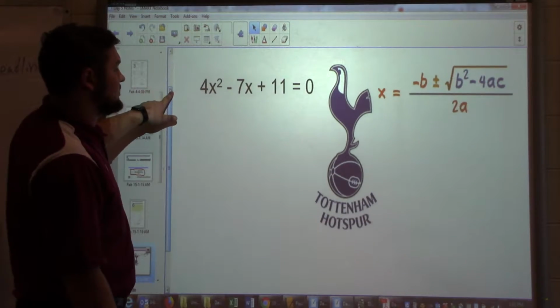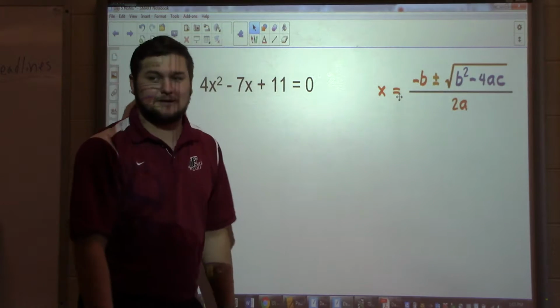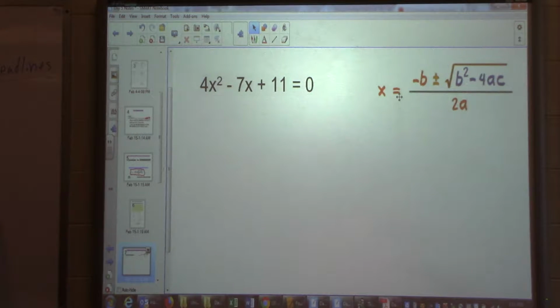Alright, so solving using quadratic formula. Tottenham sucks, Bob. He'll watch us later. Alright,